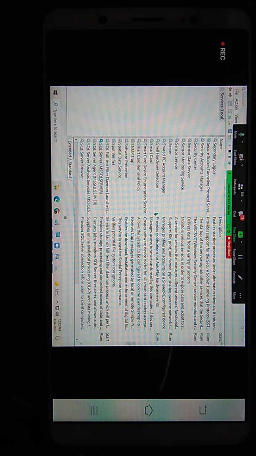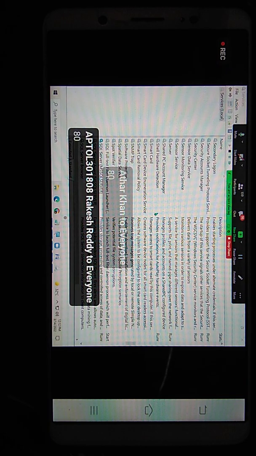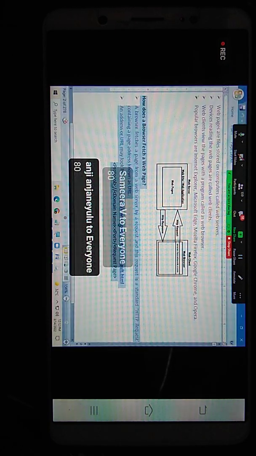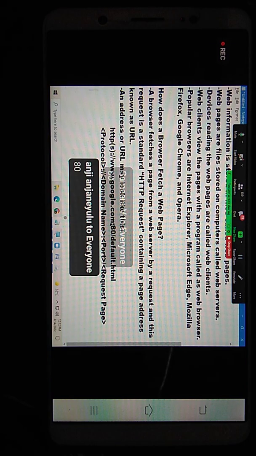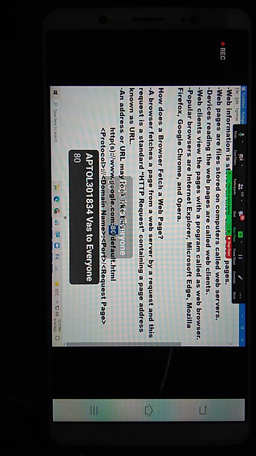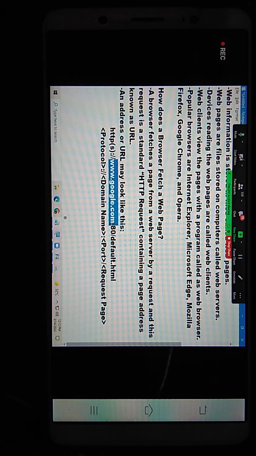Web servers will run on which port? 80. 80 is the port number. Okay? And that is the port number I said here. What is the port number? 80. And see, when you type google.com, by default one page will come to you now? Yes or no? The page that is loaded for you by default is